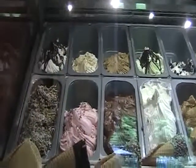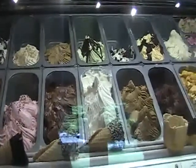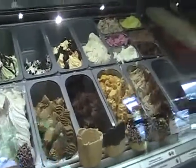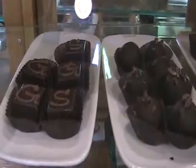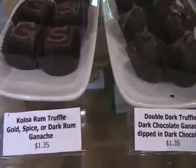We also make a number of gelato flavors like pina colada, lava flow, rum flavors, eggnog, and we use as much local ingredients as possible in everything we do. Certainly Kaloa rum is the only rum we use in any of our alcohol-based flavors. We also make a whole bunch of truffles that they sell as well as we do with their rum. So, you know, it's interesting,